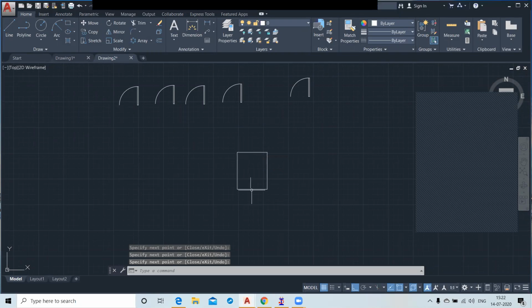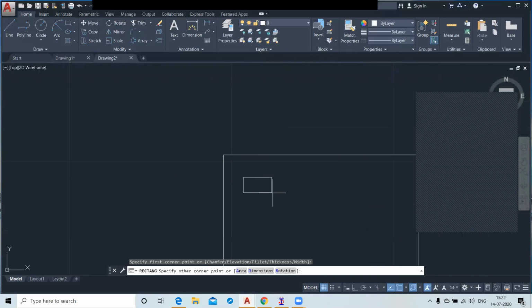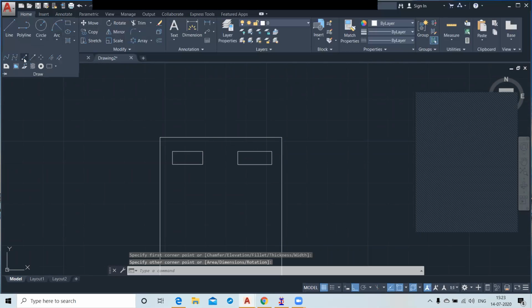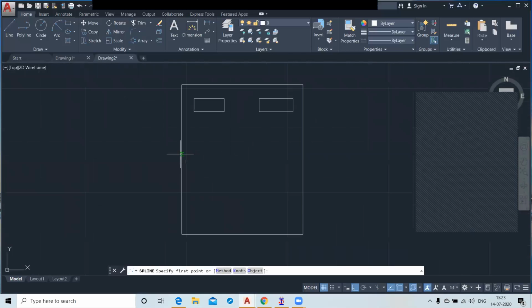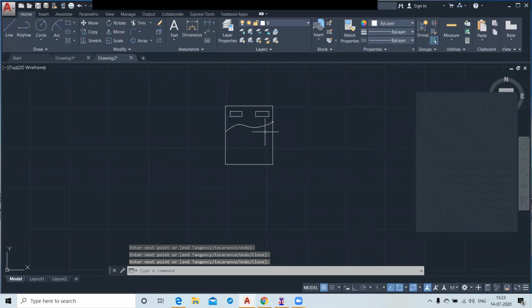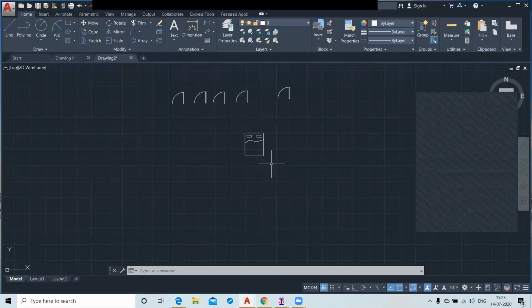This is your bed, and use a rectangle for the pillows, and use a spline to show the blanket like this. See, does it look like a bed or not?